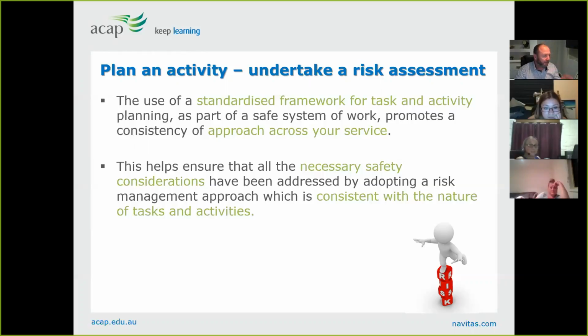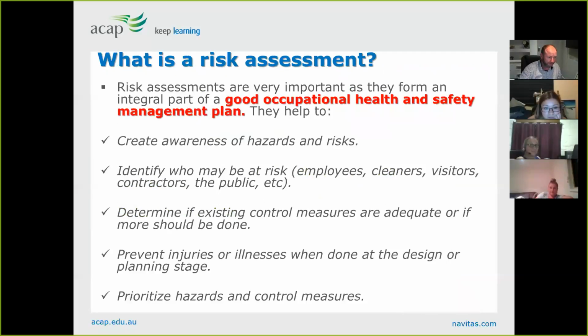So really, the use of a risk assessment, it's a standardized framework for any task or activity. It's an approach across your service. It ensures that necessary safety considerations are put in place, and to make sure they're consistent with the nature of the task or activities that are going to happen. It's really OH&S, so anyone who's worked in any workplace, part-time, full-time, where they might have a partner who works somewhere, they will come in, they will know about